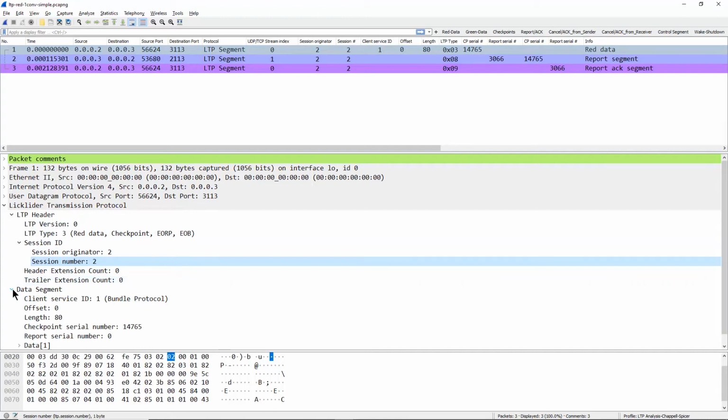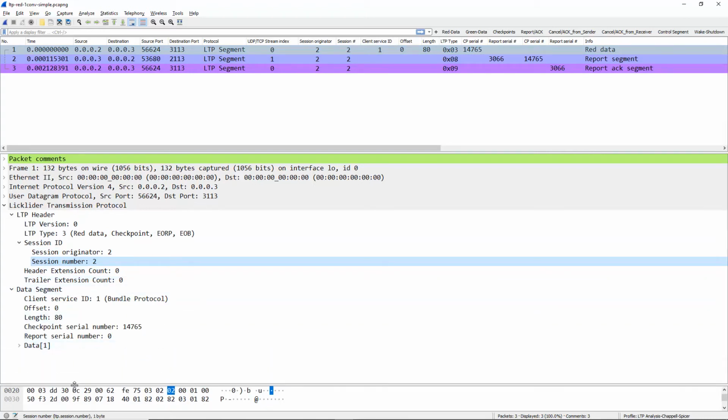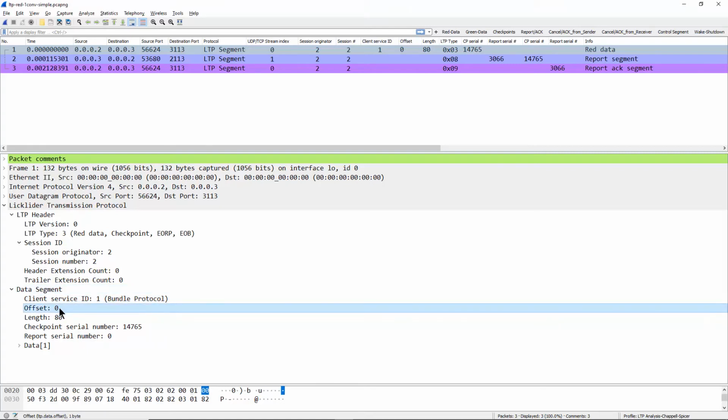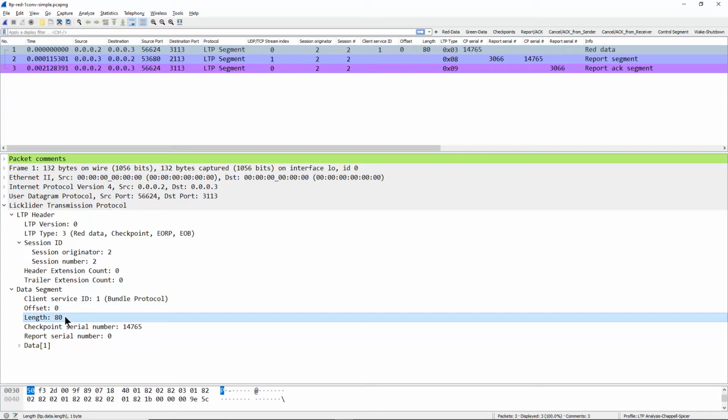There's the data segment. Now the data segment says what's coming up next. Here's our client service ID number, the bundle protocol. So typically what you'll find coming up after the LTP header will be the bundle protocol. That's basically what we would see as the application coming down, sending the block down to LTP. That's what's sitting on top of LTP. There's the offset of the data, offset 0, and the length of the data, 80 bytes.